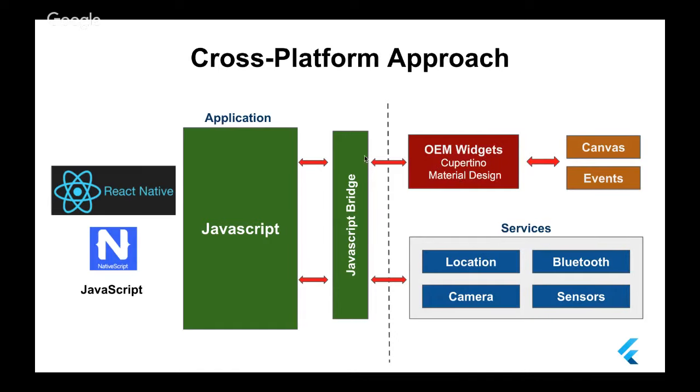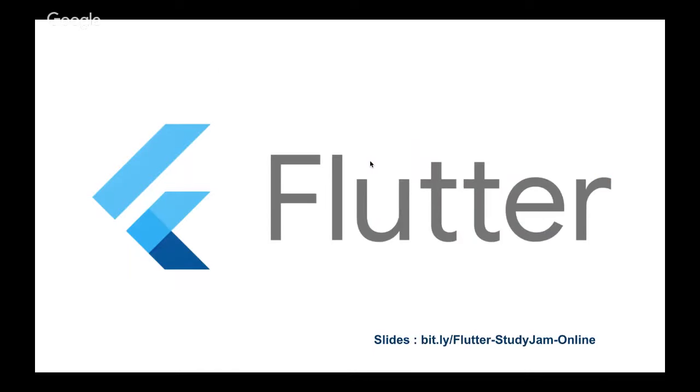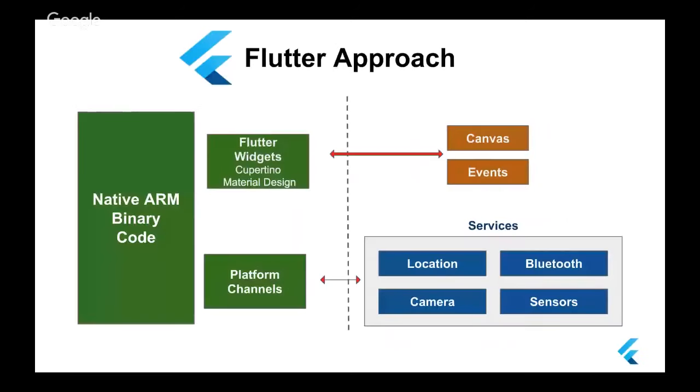After that, Google started thinking about how we can change this experience of building mobile applications. Google took its inspiration mainly from React Native. So if you are a React Native developer, you will find a lot of things shared between Flutter and React Native. For example, components in React Native are equal to widgets in Flutter. What did Google do? The first thing: do you remember the OEM widget system that was here? They removed it, but they didn't replace it with a WebView or something else.